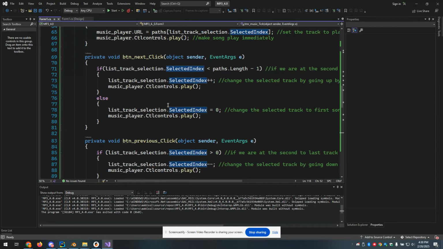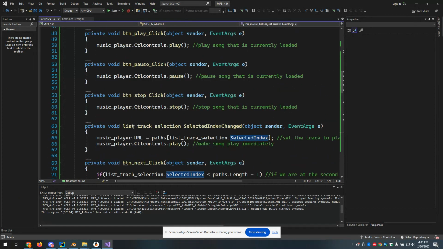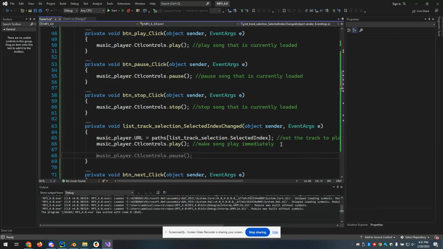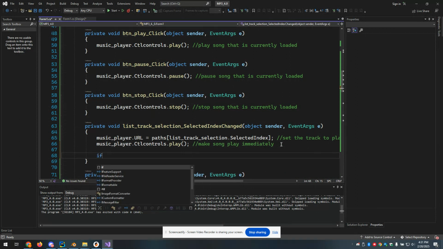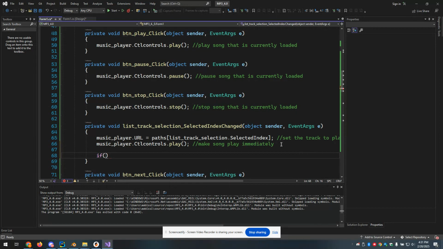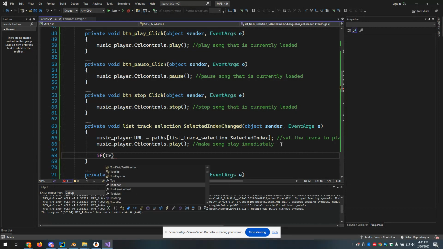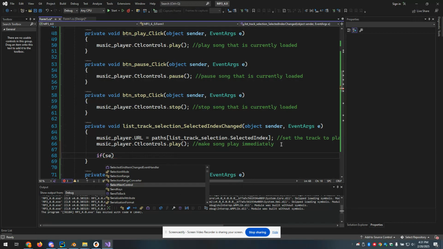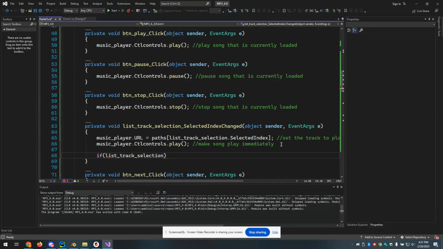And what I'm going to do is this. I'm going to scroll into the track selection. When a different track is selected, I'm going to change the image. So I'm going to do it like this. If the track selection list. What did I name it? Sorry. List track selection. If the list track selection dot selected index